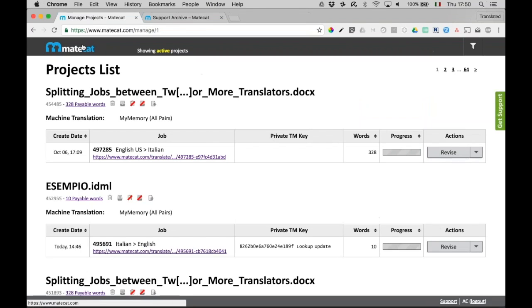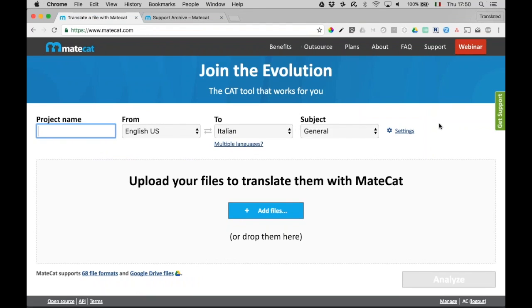Another question from Daniel. What happens in the public translation memory if I edit a segment? Does that overwrite the previous match? So yeah, we just introduced this. Again, it's a new feature, the update for the translation memory. So whenever you translate a segment that's already available in the translation memory as a 100% match, that gets overwritten. This works for the private translation memories and for the public one.